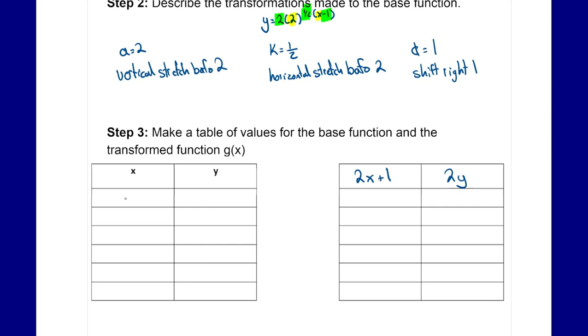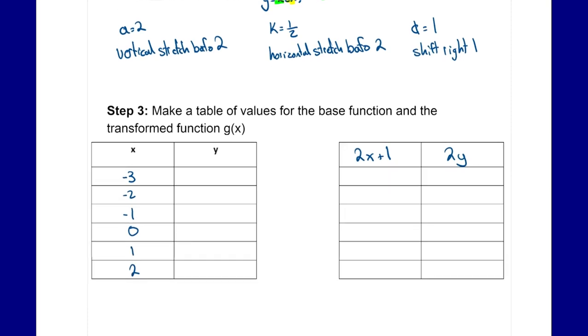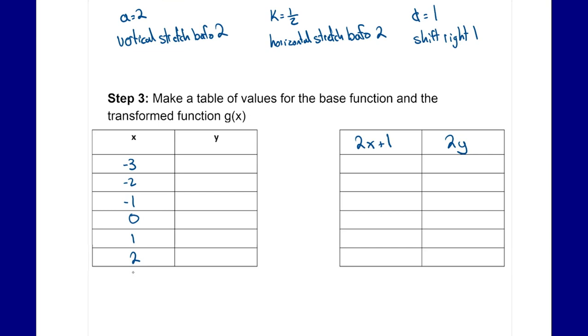For our key points, we're going to do -3, -2, -1, 0, 1, 2. Missing the third one. Just add it in down there, so we'll have 3. So then now I can go through my y values, keeping in mind that our parent function here,